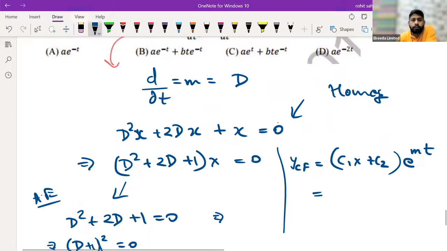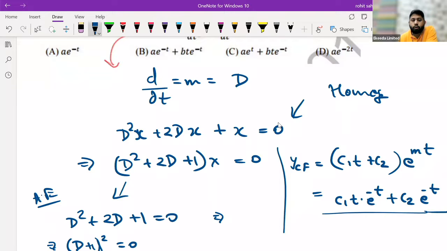So this should be, हाँ यहाँ पे भी मुझे t x के बदले t लिख देना चाहिए because t is the independent variable here. So this becomes c1 t e to the power of minus t plus c2 e to the power of minus t. ये आपका कॉम्प्लीमेंट्री फंक्शन आएगा